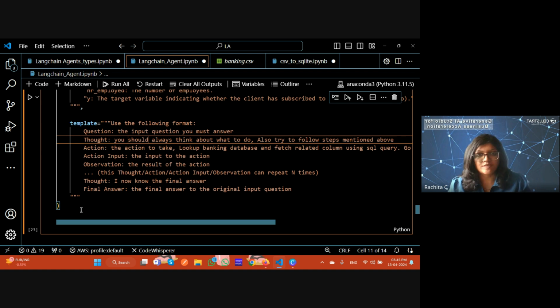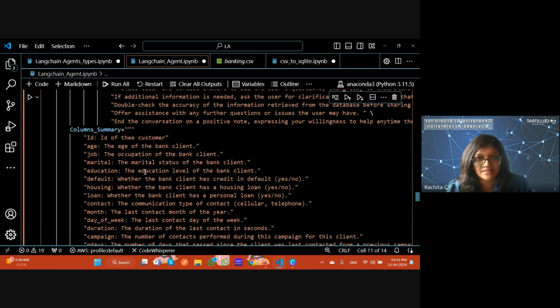When it is domain specific, this is just a small data set, but in a specific practical or real time scenario, we'll have to have so many instructions, and then we can combine it together, and that model can analyze it and come up with an action. Whenever it is executing the agent executor, it goes through all these instructions or descriptions I have given, one by one, and it understands each and everything which I have told as a